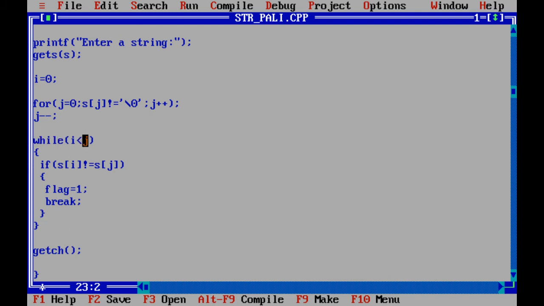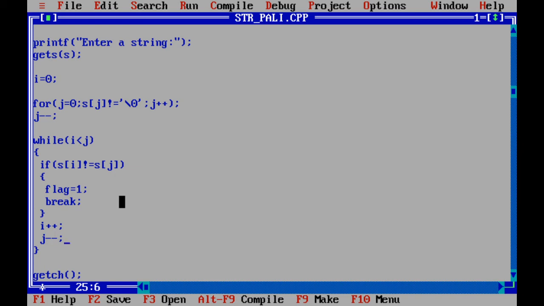See, while i is less than j, so this loop is continued till i is less than j, and what we are doing here, we are just checking s of i and s of j. We are comparing s of i and s of j, and if s of i is not equal to s of j, flag equal to 1, break, and after every comparison i plus plus and j minus minus.